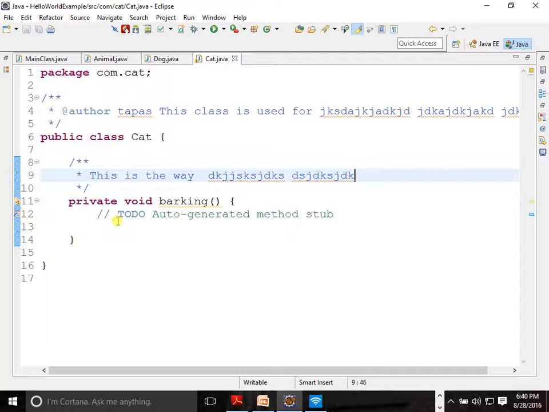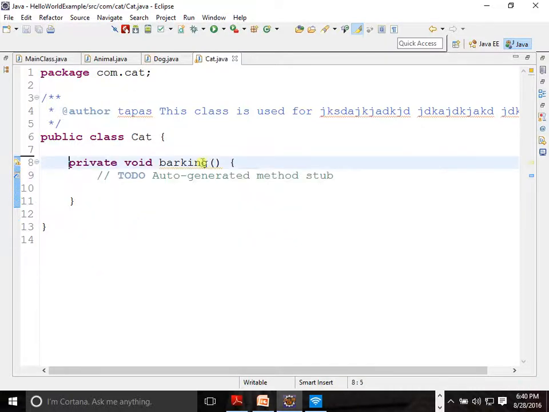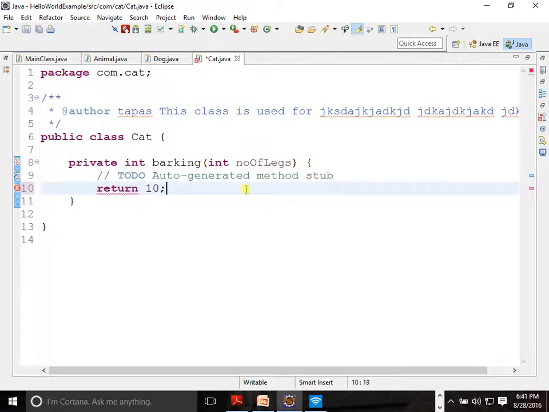One interesting thing, try to understand: suppose I have a parameter called int number of legs, and it is returning some integer value also. How do we return something? We use the return integer statement.